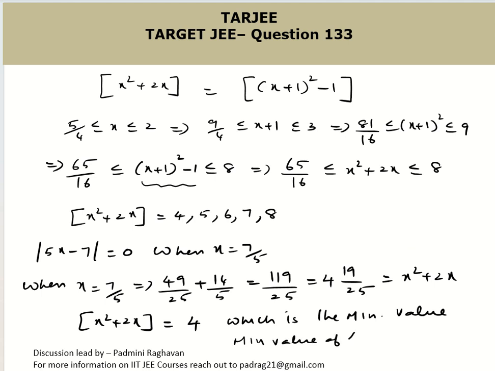Minimum value of f of x is going to be 0, the minimum value of modulus of 5x minus 7, and 4 is the minimum value of GIF of x square plus 2x. So the sum of the minimum values is going to give me a minimum value, which is going to be 4. Similarly, we need to understand about the